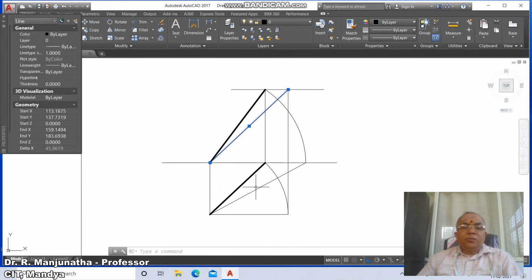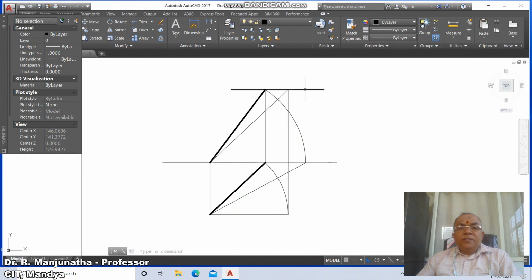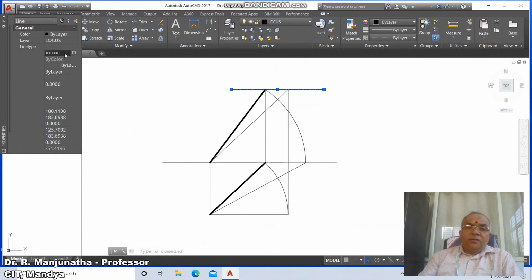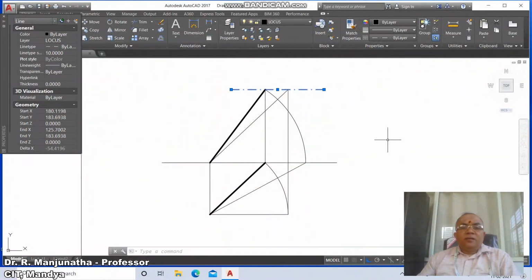Then these two are the true lengths, so go to layer and make that layer as true length, and then escape. Similarly, you select this layer and make that layer as locus line, and since you want the line type to be dash dot, we're going to adjust the line type scaling factor, and you are going to change this. So this is how all the rest of the things will be the projector lines.